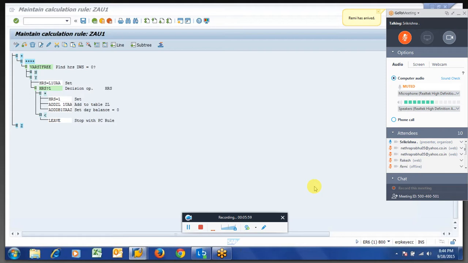What we are doing here is storing in relevant time types or wage types. If you are pushing to a ZL table, it will be a wage type. So if you want to calculate something, you can push to a time type. We are going to make many changes to this particular PCR.